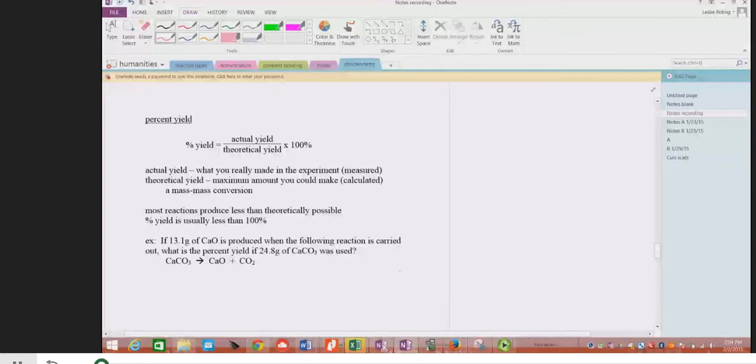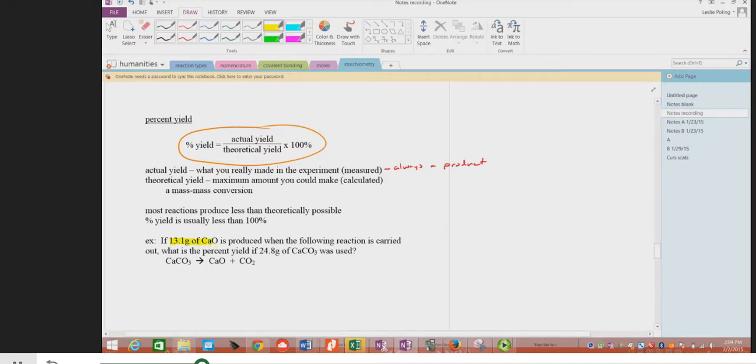Last topic in stoichiometry is percent yield. And percent yield is the actual yield over the theoretical yield. Actual yield is what you really make in the experiment if you do it in the lab, and it has to be a product. Theoretical yield is what you're going to calculate. So if we look at this problem,